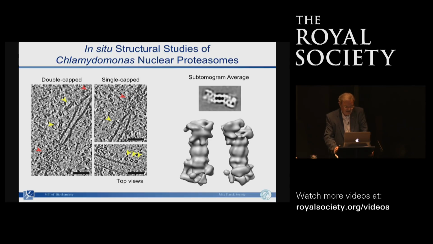You can recognize the characteristic features of the 26S proteasome, shown with these yellow arrowheads. This is a region near a nuclear pore complex. So we can do subtomogram averaging, and in this case, it's an intermediate resolution because we had a relatively limited number of particles here. But you can not only generate a global subtomogram average, you can also do a lot of classification,